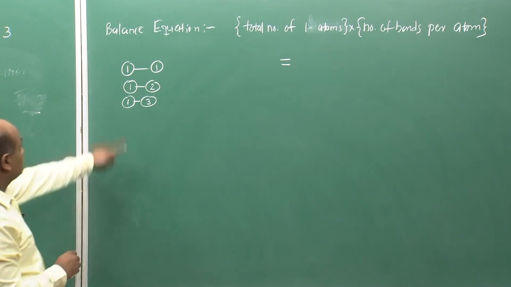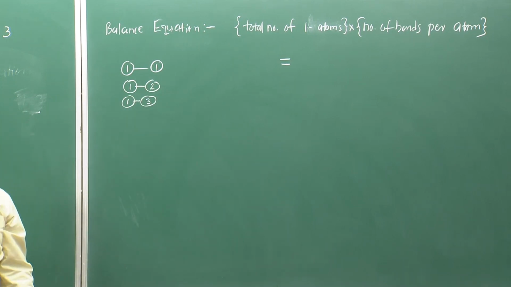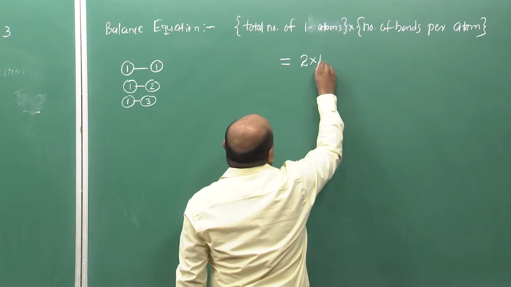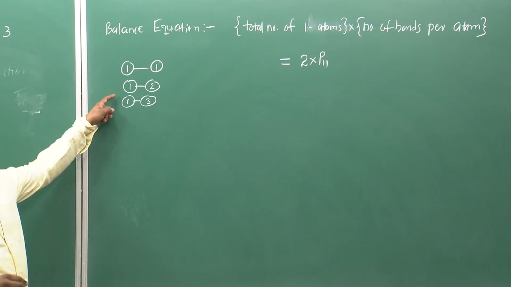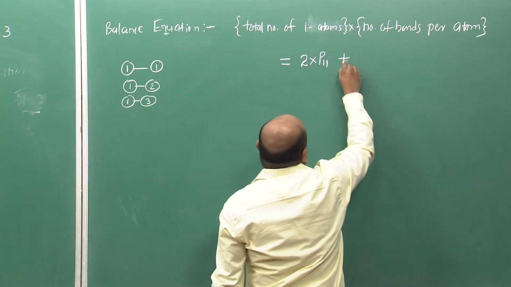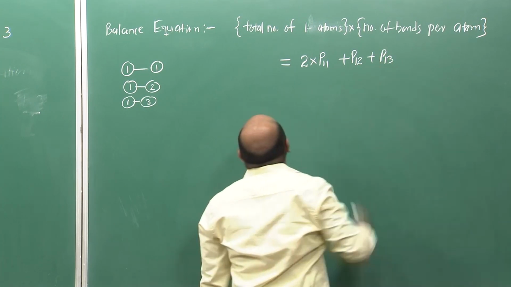For this 1 atom, again this bond is counted during the second 1 atom. So, this has to be 2 times P11, and for the dissimilar type of bonds we are counting only once. So, that should be equal to P12 plus P13,